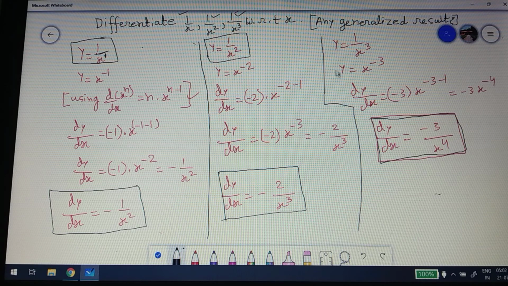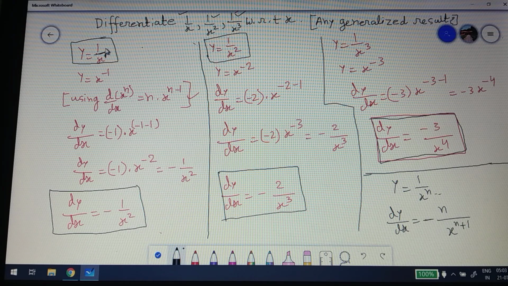It means if I want to calculate, look at this one very carefully, the derivative of 1 upon x to the power n, first you put a minus sign because everywhere I got minus. Now it will not be 1, it will not be 2, it will not be 3, it should be n because the power of x is n. In the numerator it is n, and in the denominator the power of x should be 1 more than n. Just check whether it is matching or not.